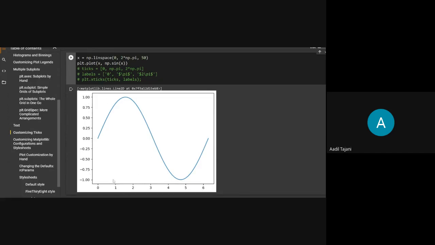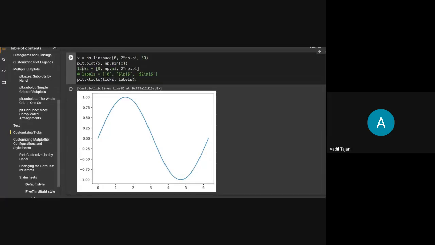Okay, so on the x-axis, I want to see the values 0, pi, and 2 pi only. I don't want to see these, and I don't want to see numbers. I want to see pi. So for that, we have a function called xticks. Remember that we have used plt.xticks because we are using plt for plotting on the single canvas. If you are using ax, then you have to use ax.set_xticks, ax.set_yticks. I just want to change the x values, so I will use xticks.